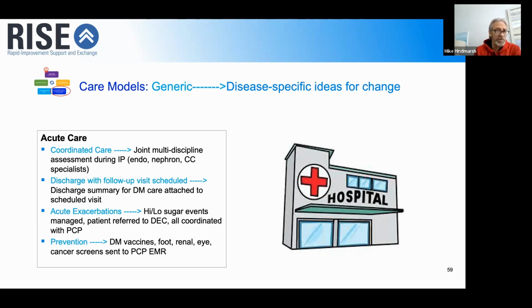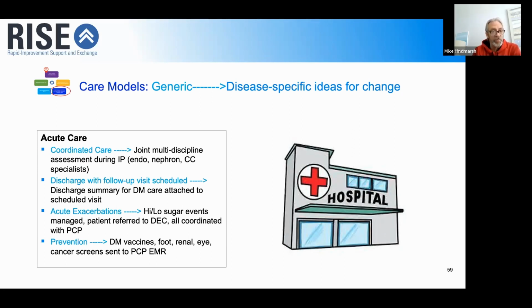And from the hospital standpoint, they would be providing coordinated care during inpatient stays. So some unique internal integration is having joint multidisciplinary assessments at the bedside. So rather than having an endo come in one day, a nephrologist the next day, a chronic condition specialist the next day, everyone's at the end of the bed talking to each other about how to manage that patient. When we talk about integration outside of the hospital, we need to have discharge summaries that are attached directly